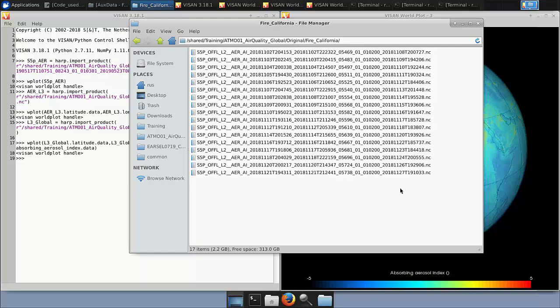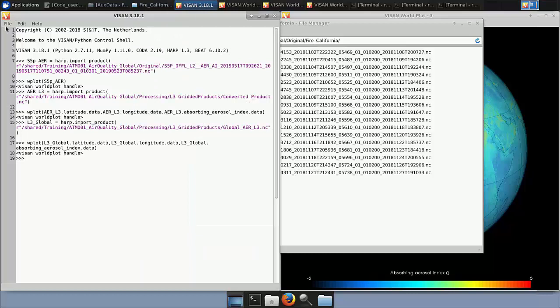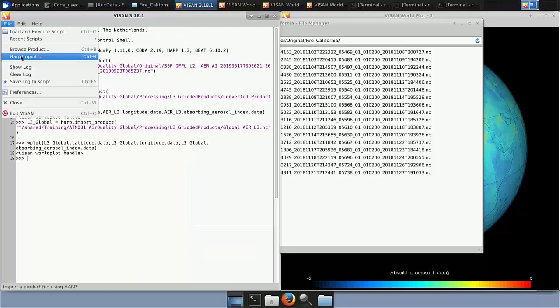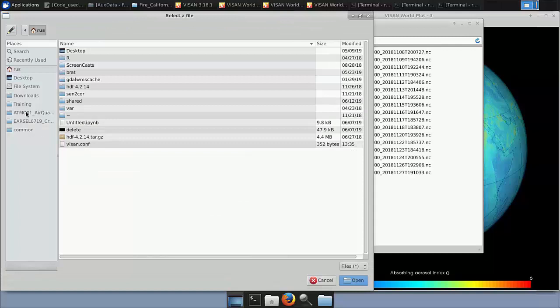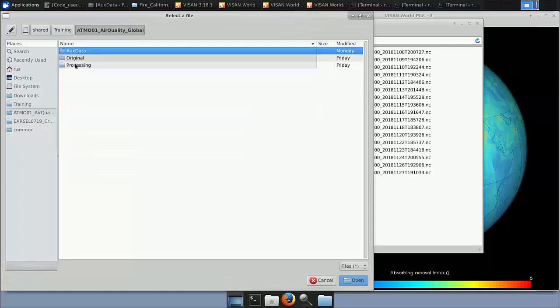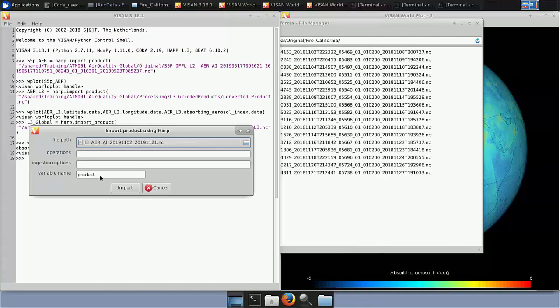So let's import the product, and for that I go to File, Harp Import. I define the file path, the product I've just processed. So in this case, it's going to be in the processing folder, in the file California, and it's going to be the first one. And for the name, I'm just going to call it with an easy name. It's going to be just fire,